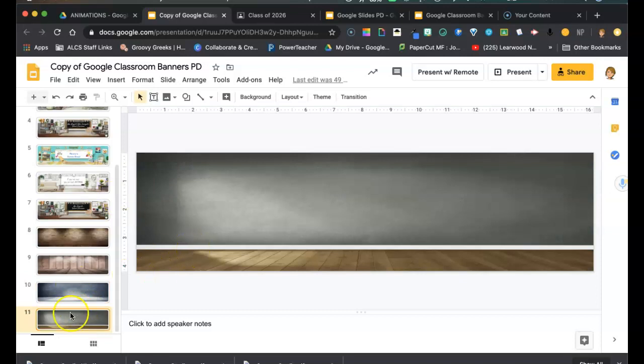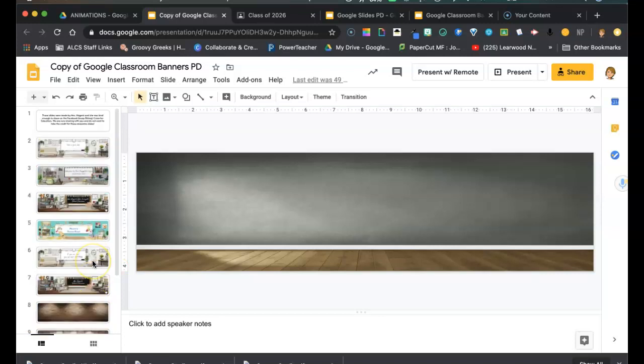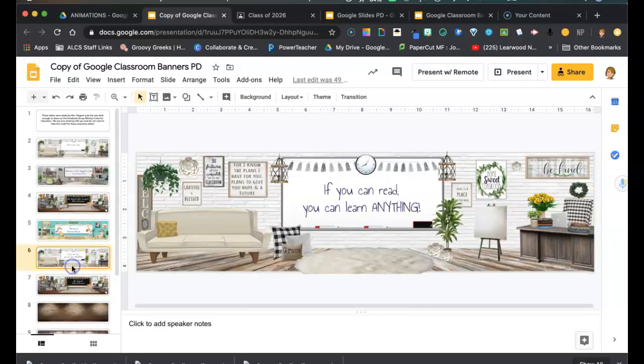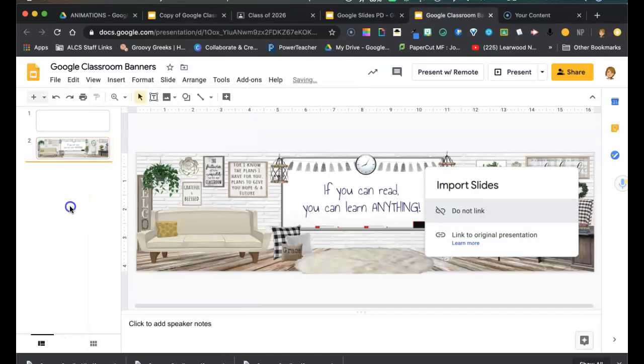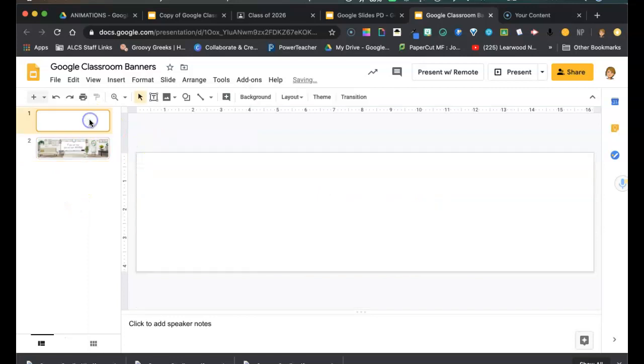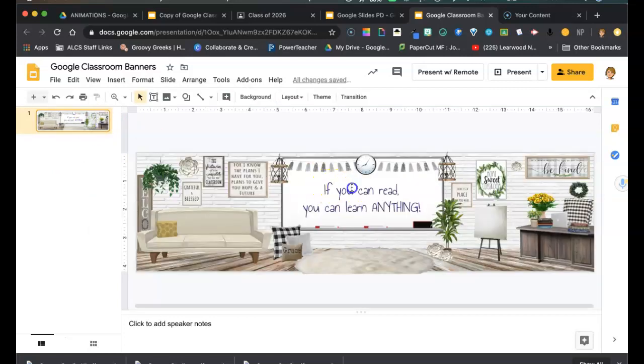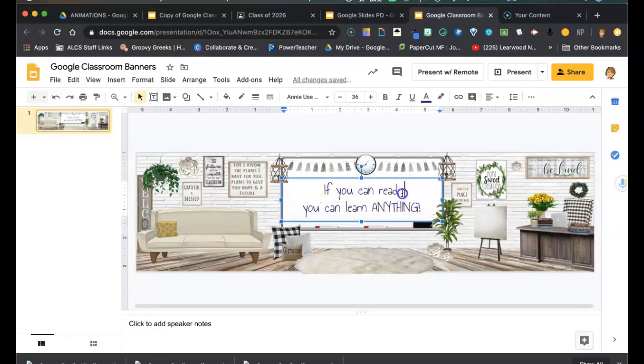So you would go there, and I'm just going to pick one that I already like, and let's do this one. So I'm going to copy this, go to the banner, and paste it in there. And I'm going to do not link. I'm just going to delete that one. Okay, and then I'm going to change the font to